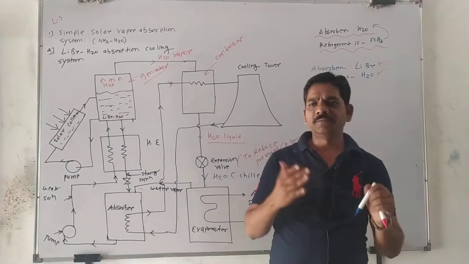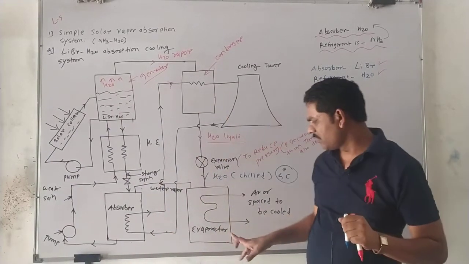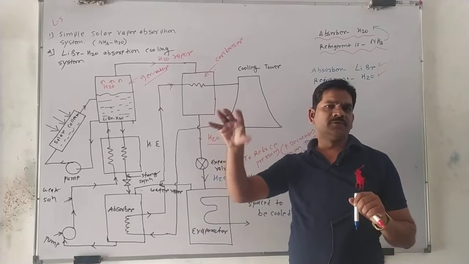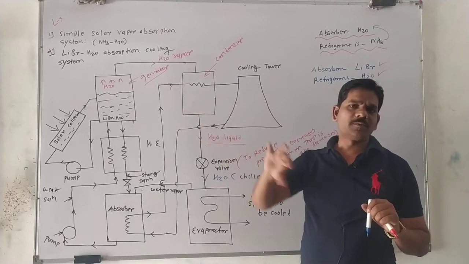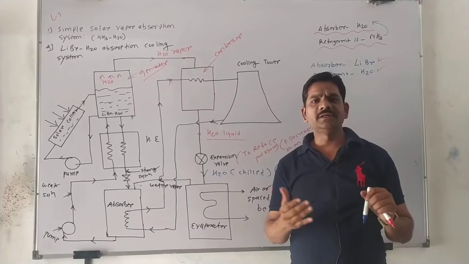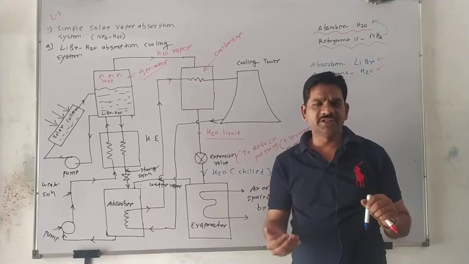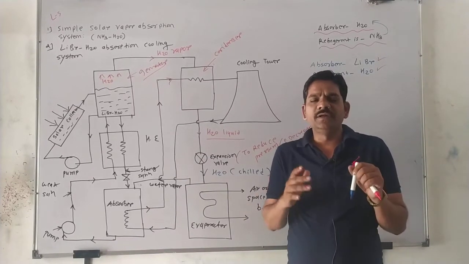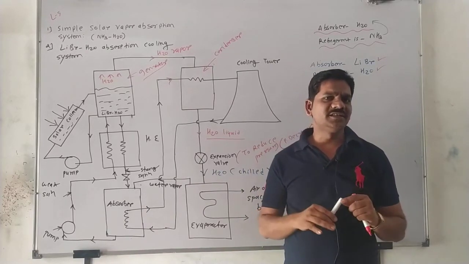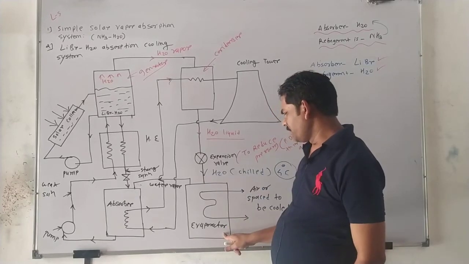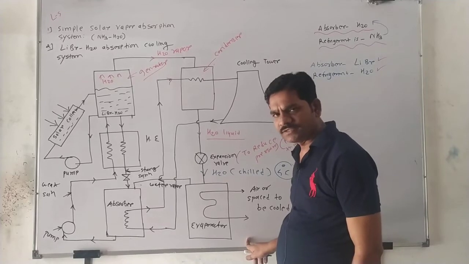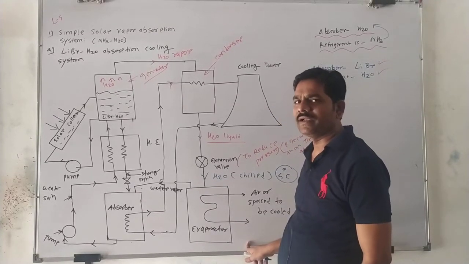What is this evaporator? The evaporator is placed in a space, and it absorbs the heat from this space. Whenever it absorbs the heat from the space, the temperature decreases. It becomes a very low temperature, 6 degrees Celsius or 10 degrees Celsius, and you feel a very cold condition there, an air-conditioning effect. So this evaporator absorbs the heat from the space, decreases the temperature of the space, and produces a refrigeration effect.